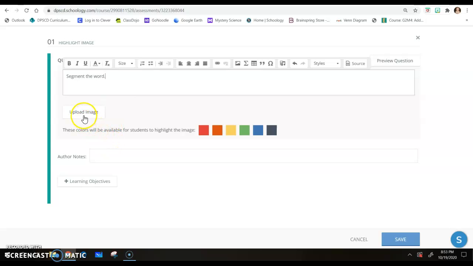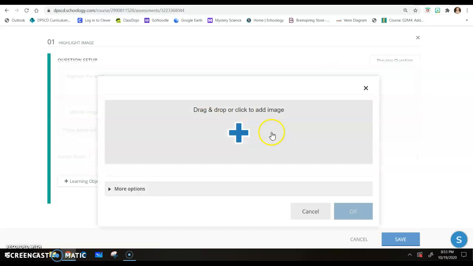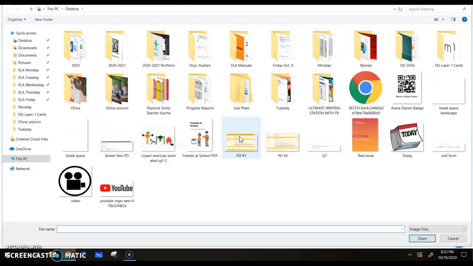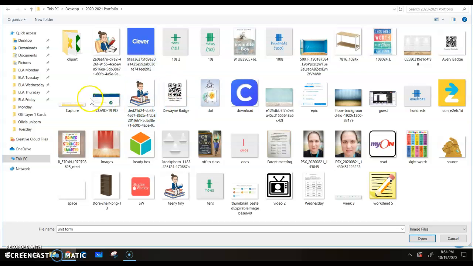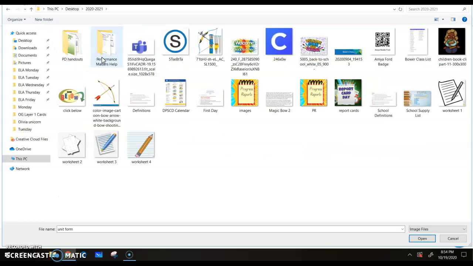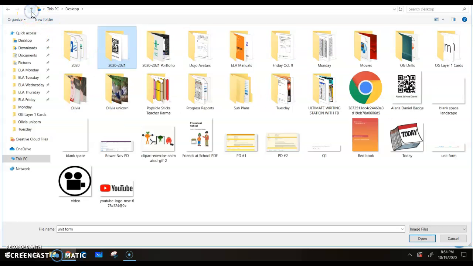And then you have to upload an image. Sometimes you might want to just have a really big blank space that they can draw on. One time in science, they had to draw a picture of an invention, so I just wanted a blank space. Sometimes I upload a hundreds chart. Let me see, I have a blank space here. Where are all my pictures? I don't know where I keep stuff. I have a hundreds chart somewhere in here, and all my junk, all my files. Like I made a hundreds chart for